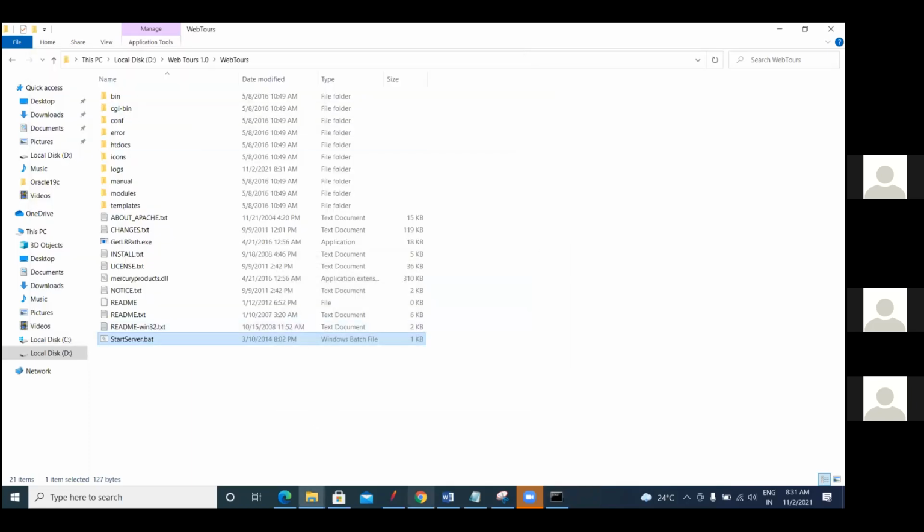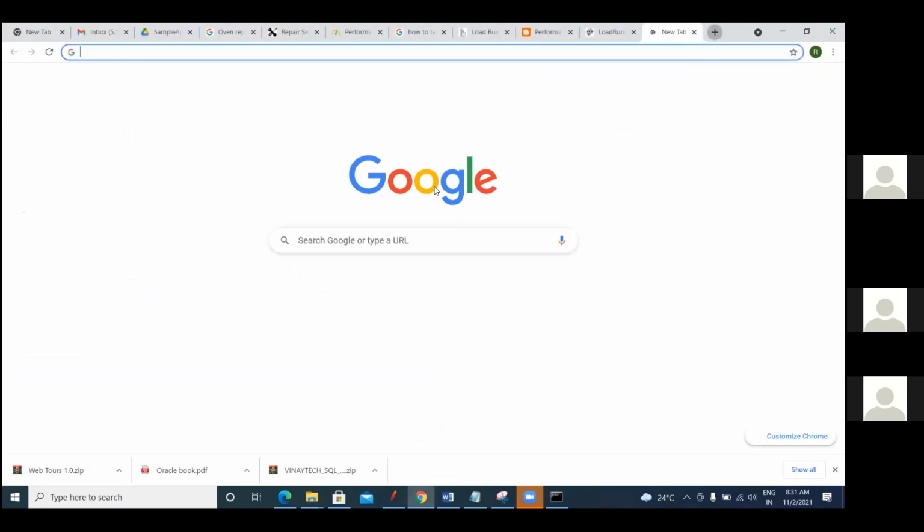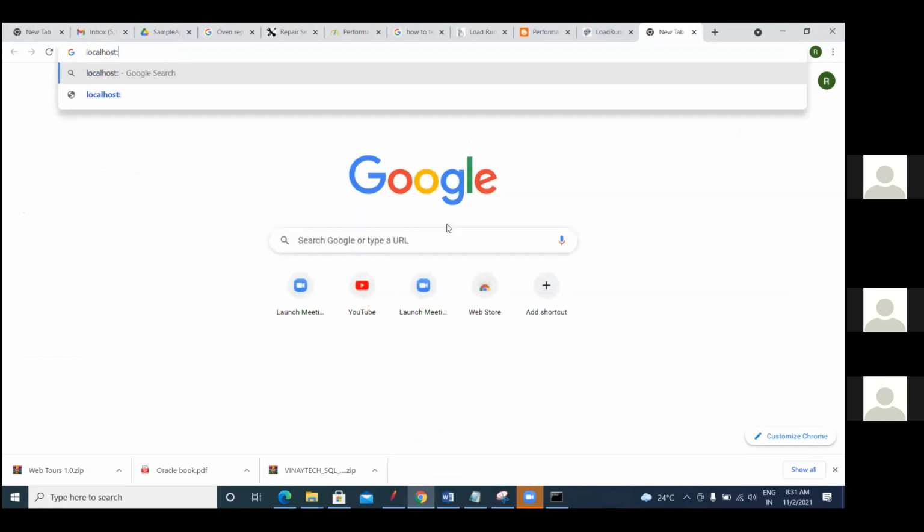Now let me quickly show you how to access the application. This is the URL, guys, of WebTools: localhost:1080. 1080 is the port number on which your WebTools is running, right? I also explained what a port number is.